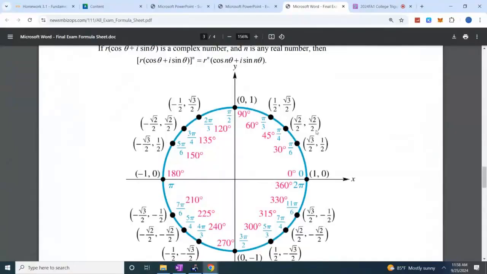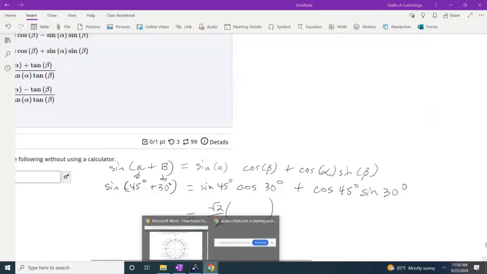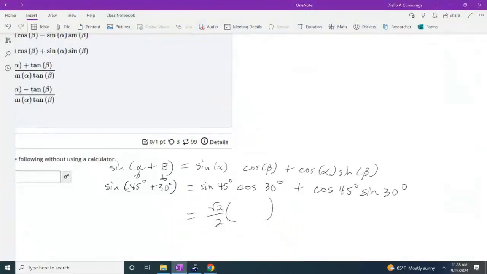Sine represents the y coordinate. So the sine of 45 degrees is square root of 2 over 2 times the cosine of 30 degrees. So if I look in the unit circle, I'm going to find 30 degrees. The cosine represents the x coordinate. So the cosine of 30 degrees is square root of 3 over 2